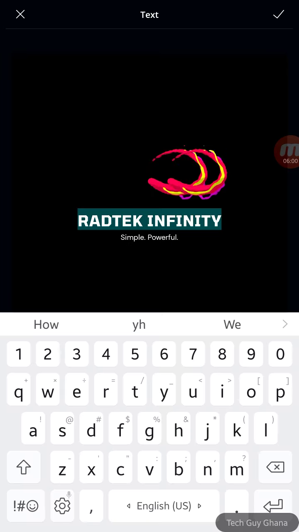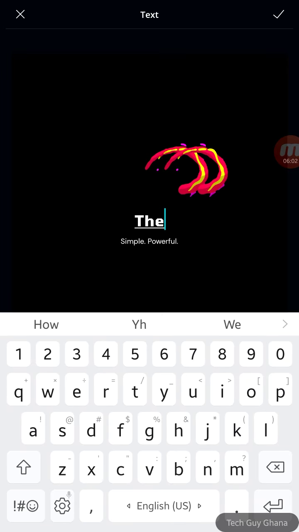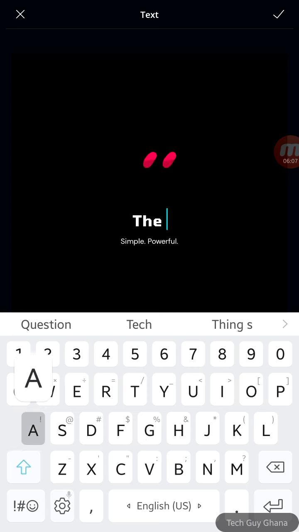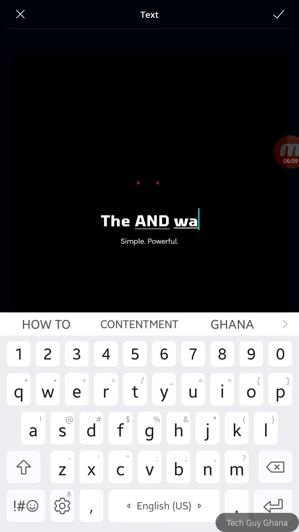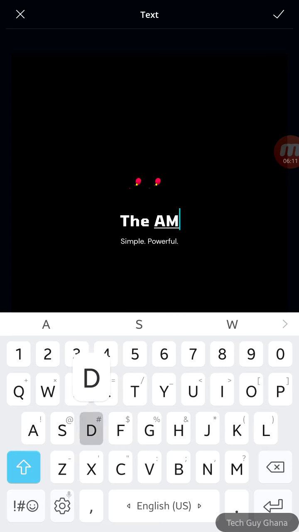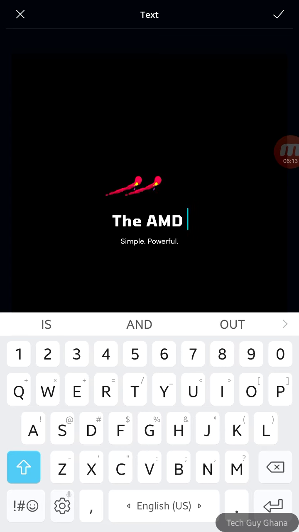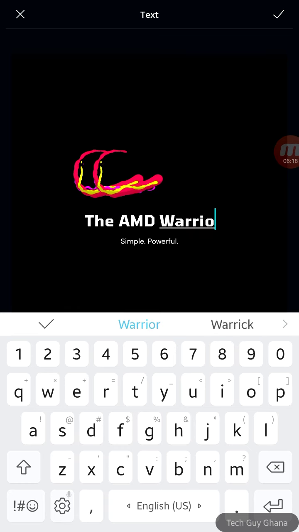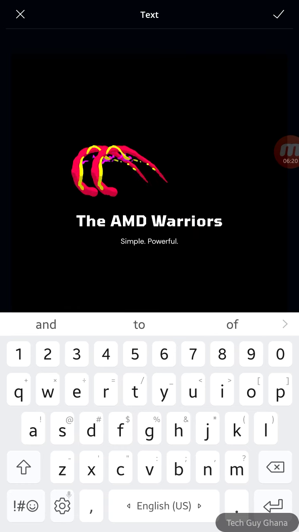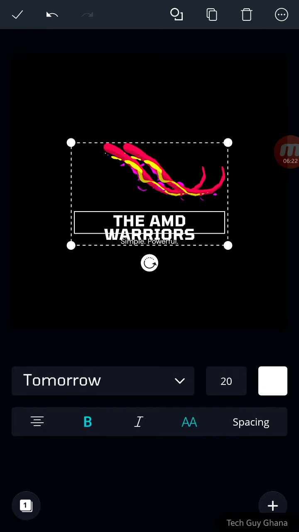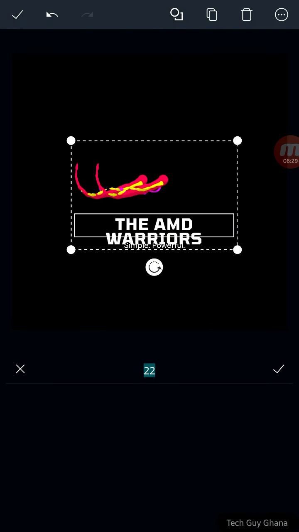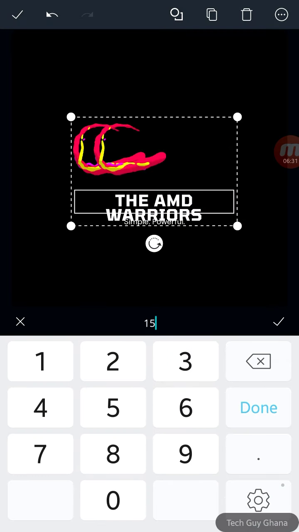So let's take this. Let's say the AMD Warriors. So you realize I've been able to do this, and with this you can choose your font type in here.